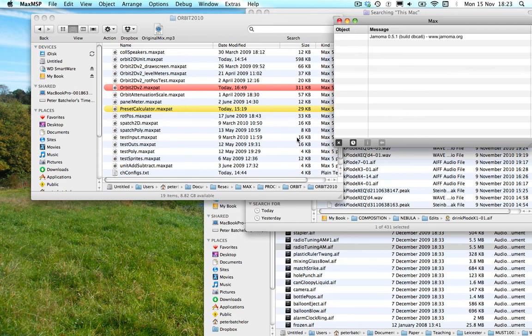Okay, so this is an introduction to Orbit2D version 2. Now Orbit, as you'll have seen if you come via the website, is basically a kind of glorified multi-channel panner,